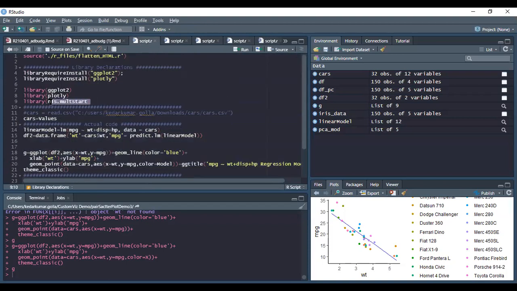Multistart is nothing but, if you want to dynamically start your regression model and go through more iterations and find the optimal model, we can use this NLS.multistart package to do that. But when I use this, the Power BI server says it is currently unavailable.